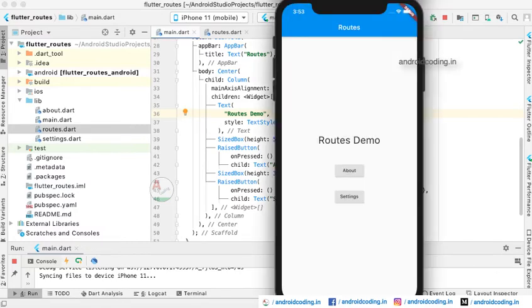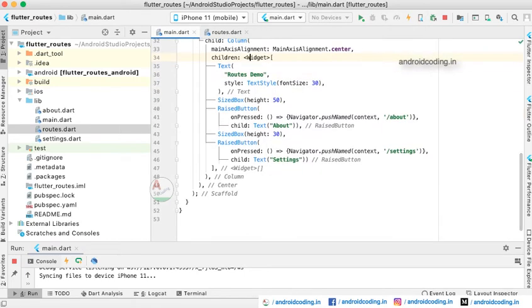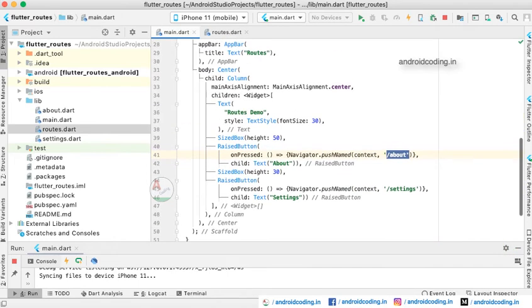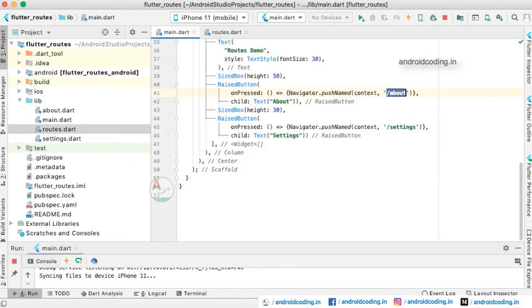Here you can see a simple example of routes and how we perform navigation. When you click on the About button you can navigate to the About screen, and you can come back and navigate to the Settings screen. This is a basic thing, and how we are doing it here is we are using Navigator.pushNamed, and here we are passing the context, and here we are passing slash about to that particular screen. Instead of slash about, we have specified a global class, right? So let us try to use it.